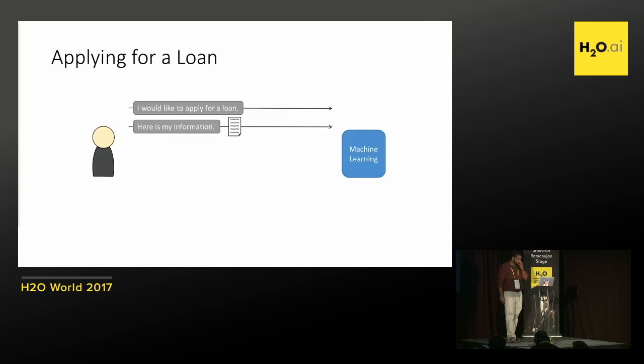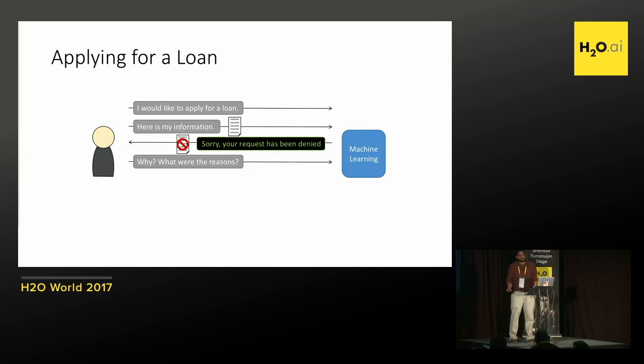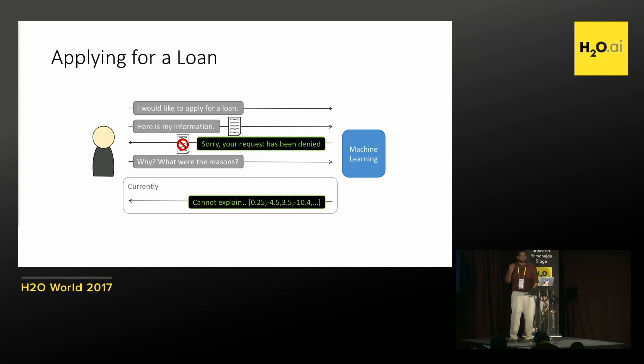Here's another example that I can imagine: if you're applying for a loan and you give the information to some crazy neural network, it might reject your application. And you might want to know why the application got rejected. This is not from a machine learning designer point of view. This is purely from a user point of view. If you just look at neural networks right now, most of them can basically spit out a bunch of numbers and say, that's why I think I rejected your application. And clearly, that's not very useful.